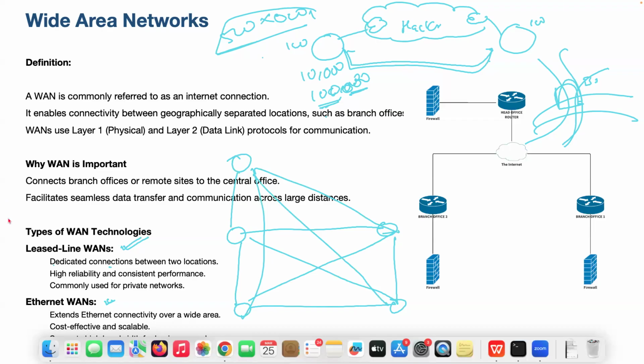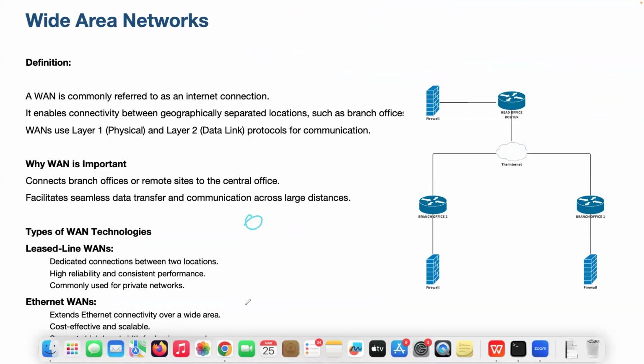Now, how can I avoid this? I can simply avoid it by using a switch. If I put a switch here and a switch here, I just connect the cable like this. Over. If I have one more site coming, one cable, finished. So if I'm using a switch, then it is Ethernet as a WAN technology. Leased line means one line going from one point to another point directly. Ethernet means it's going through switches, so that it's more cost effective for me.